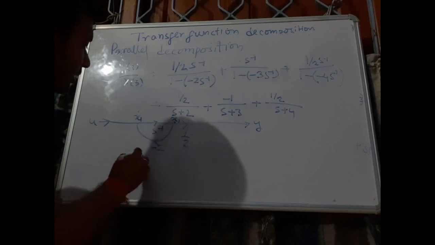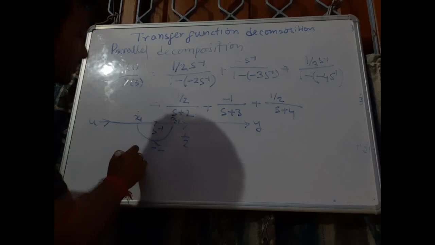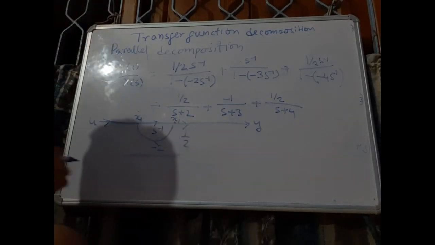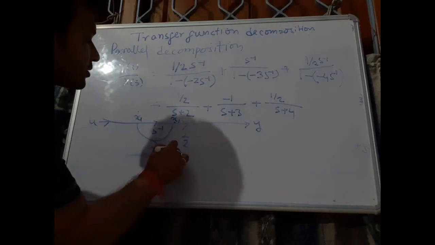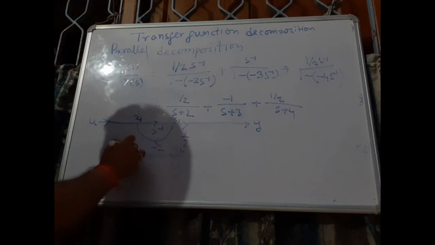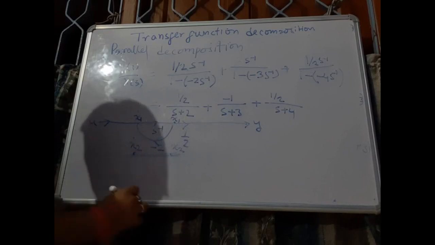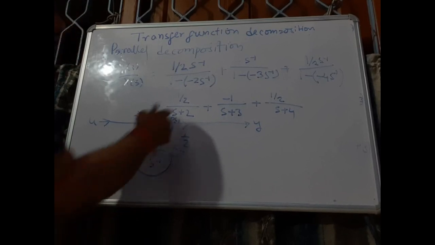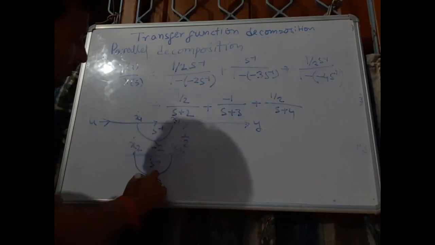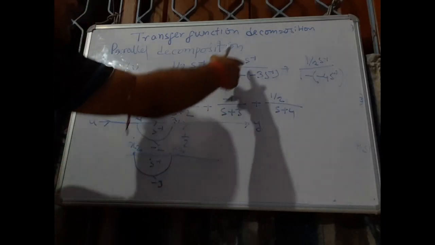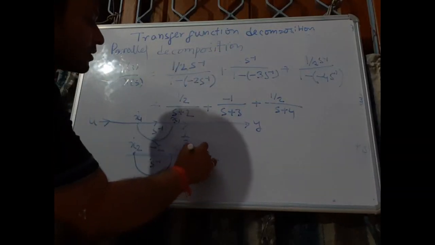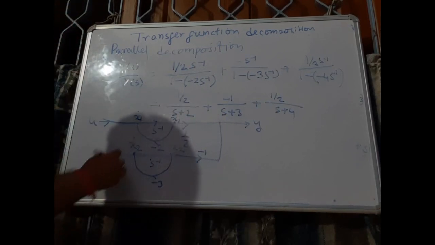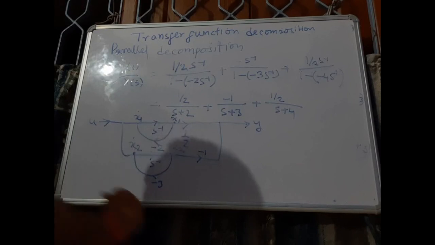And this is actually parallel decomposition, so we have to draw a parallel path for the signal flow diagram. This is equal to x2 and this is equal to x2 dot, and this is S inverse, and this is your minus 3, and it is multiplied by minus 1, so this is minus 1. Okay, this can be added like this, and this is like this.